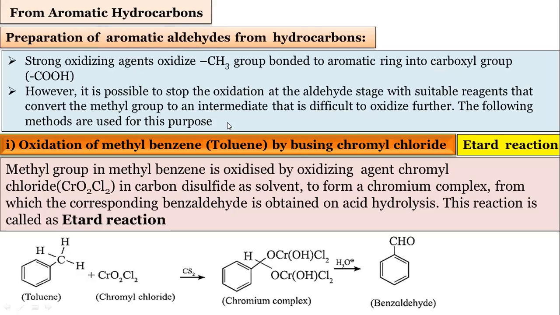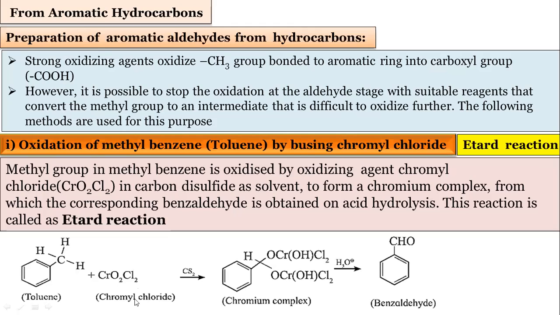So the very famous scientist Etard gave one method to prepare aldehydes by using aromatic hydrocarbons. So we will take one example here, oxidation of methyl benzene. Methyl benzene, you know, it is also called toluene. Toluene, this is a common name accepted by the IUPAC. Toluene means CH3 group attached to the benzene. So this toluene reacts with